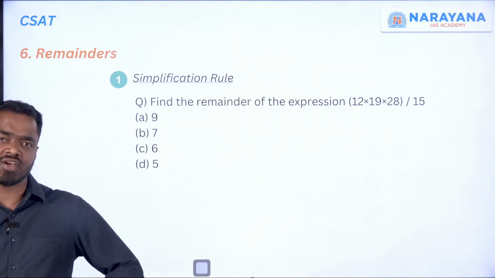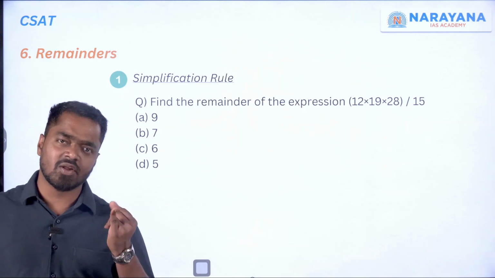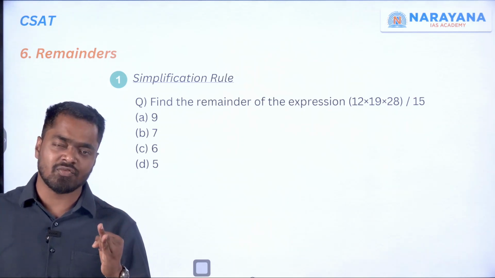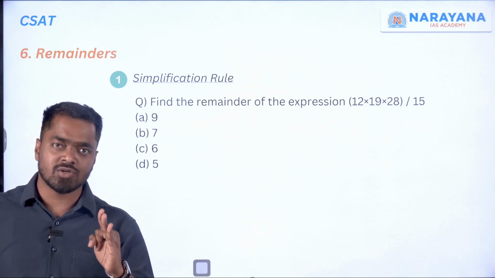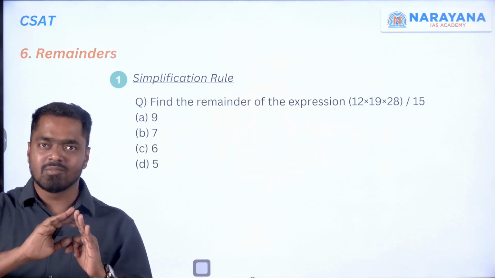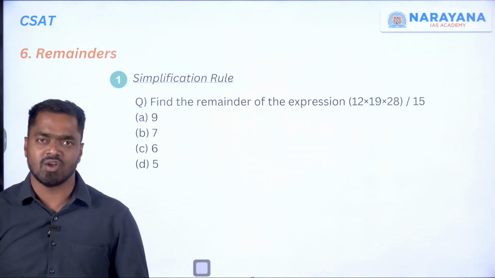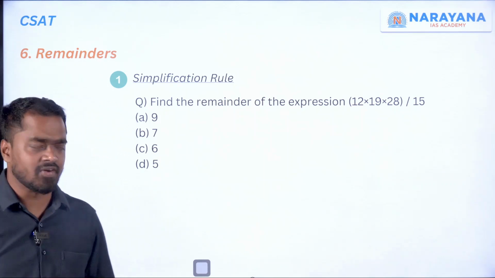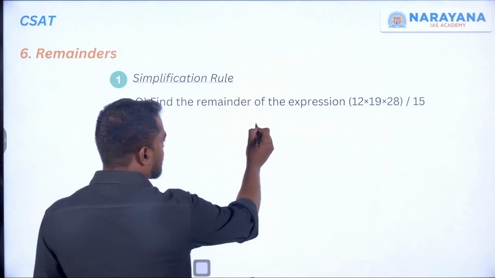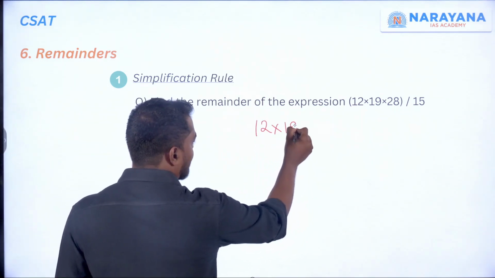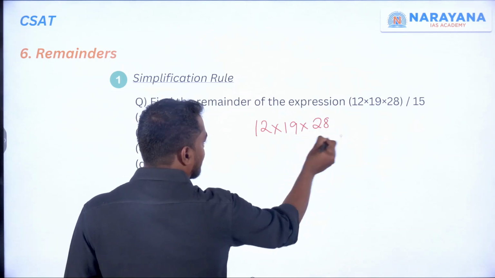Apply all the simplification rules. The first one, individual division, the concept of negative remainder, and also dividing the same numerator with another divisor, and the denominator with any other divisor. So if you take the expression 12 into 19 into 28 by 15,